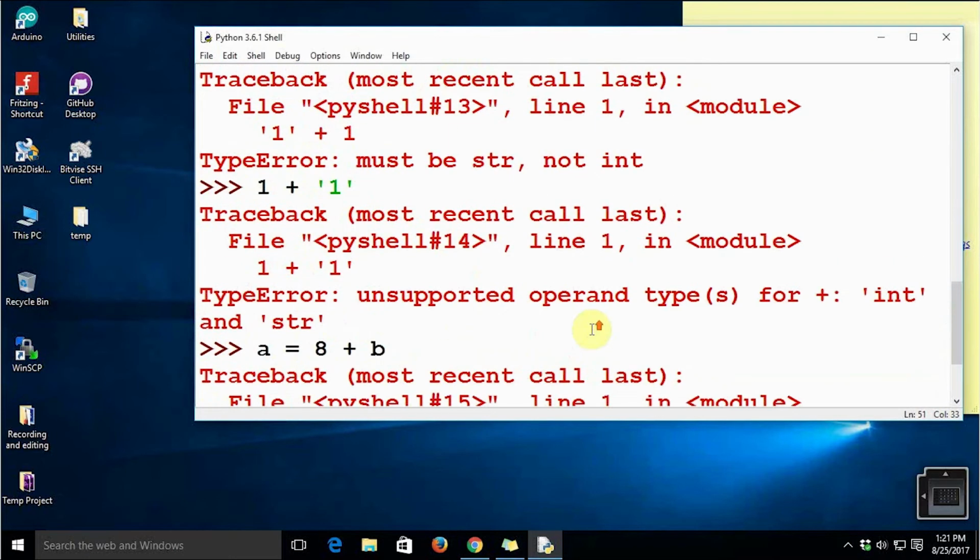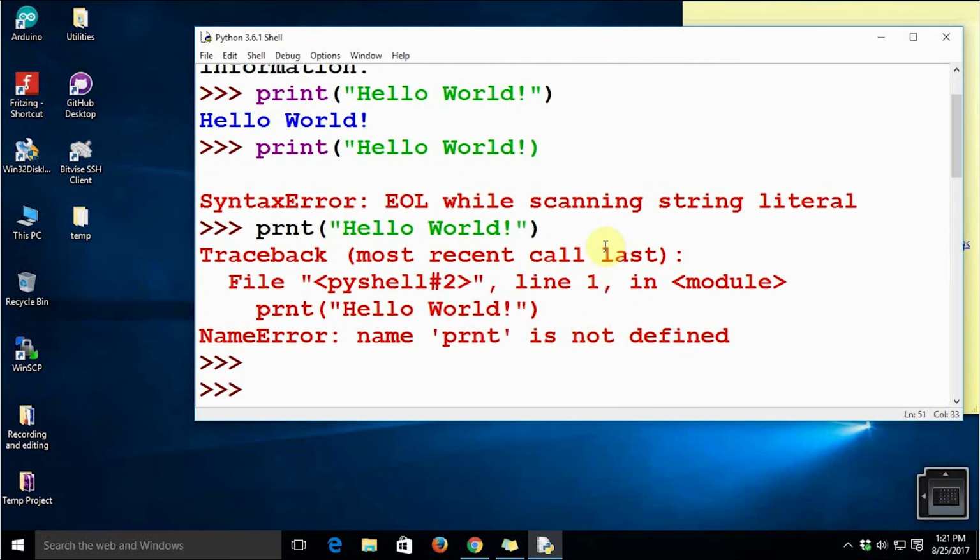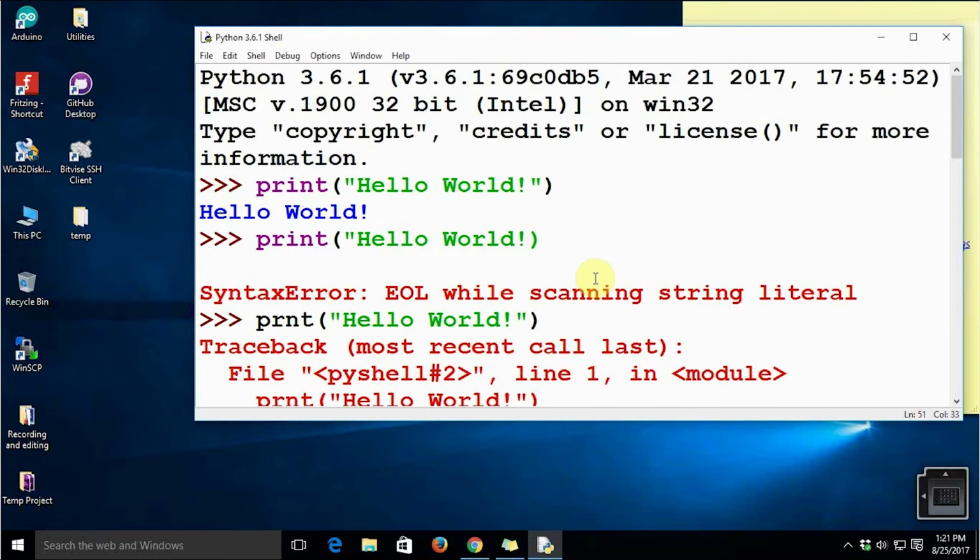Now understand that even the syntax errors are actually treated as exceptions in Python, because there is nothing like compilation and execution as separate steps in Python. These two are not different activities. Python actually accepts your program as a string, and then it directly executes it. It's basically an interpreter. It is not a compiler. So almost all the errors are actually treated as exceptions.